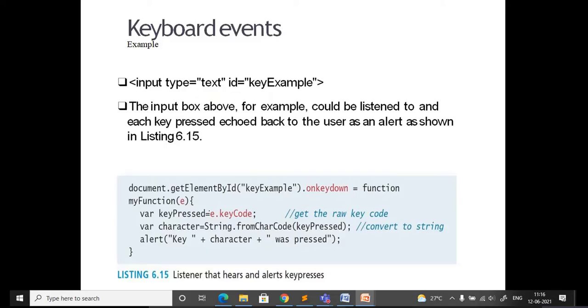Okay, here there is one example. So what is this example? For the event onkeydown. Okay, whenever a key is pressed, it has to call the function. Okay, that is a user defined function. You can see this is a named function, where you are specifying the keyword function followed by the name of the function. Okay, and here you are going to write the character, whatever character is pressed, that you are going to display using an alert message.